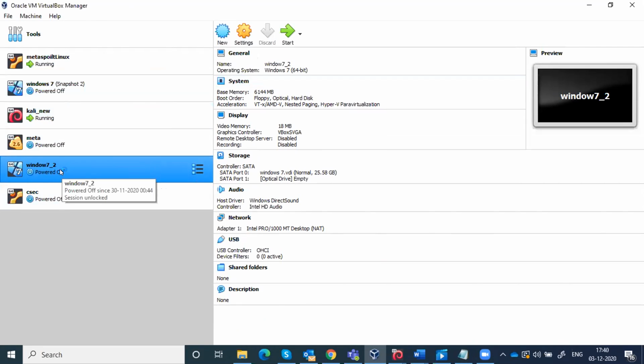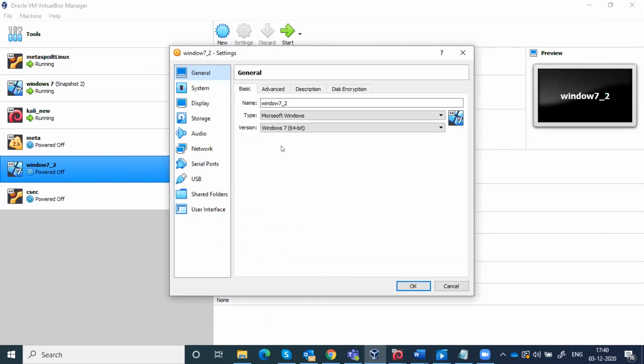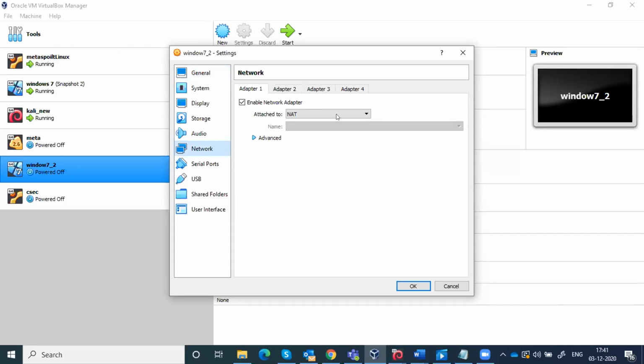For the second machine, the one that you have currently selected, the network adapter is set to NAT, or network address translation, by default. So it is not on the same network as any of your other VMs. It can connect to the internet, but it cannot directly interact with your host or any of the other guest VMs. So just change it to NAT Network if you want.